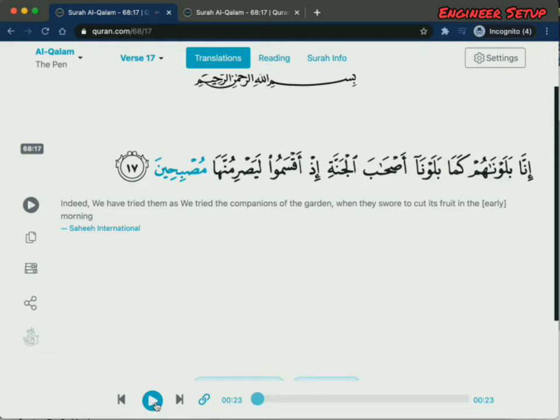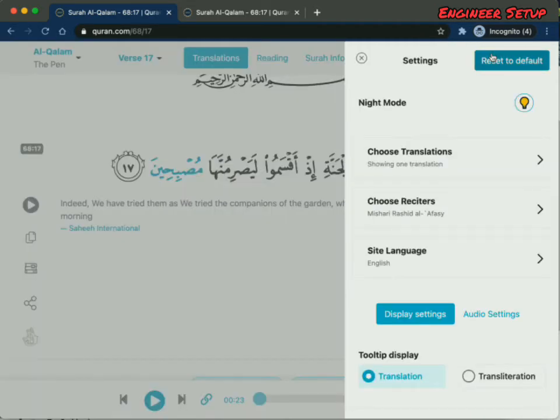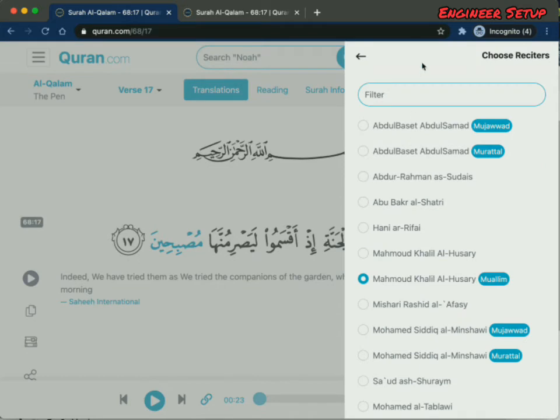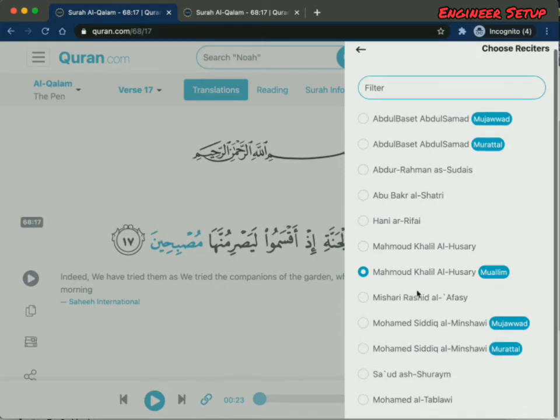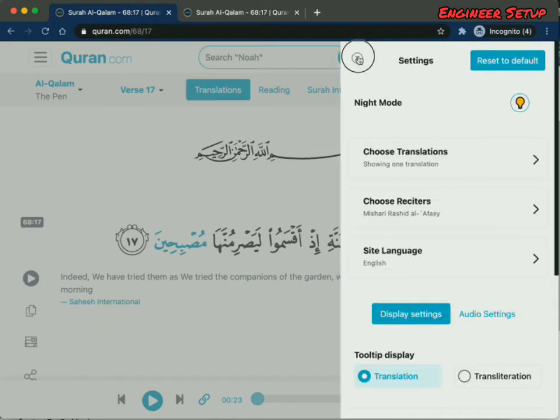Yes, so mashallah, you can see that now as a student of Quran, I can learn how to read this ayat in a proper manner and also in a slow manner as well. Although one can go back to the options and reciters and can change. For example, if I change to Mishari Rashid Al-Afasy, if I go back, now if I play,